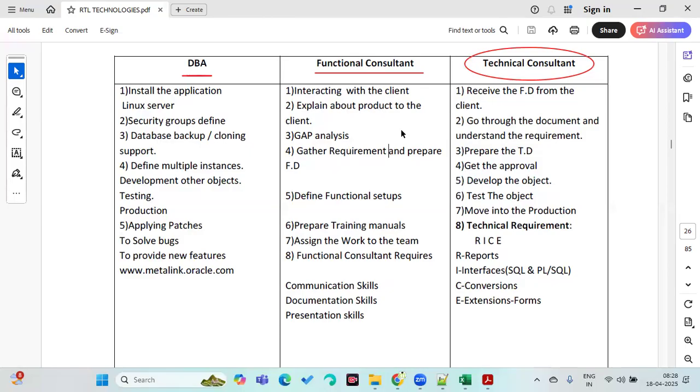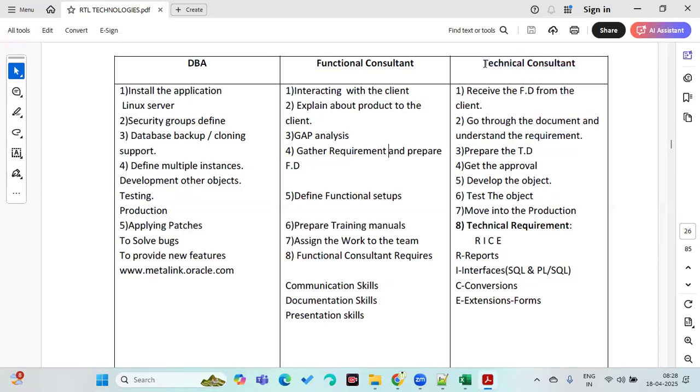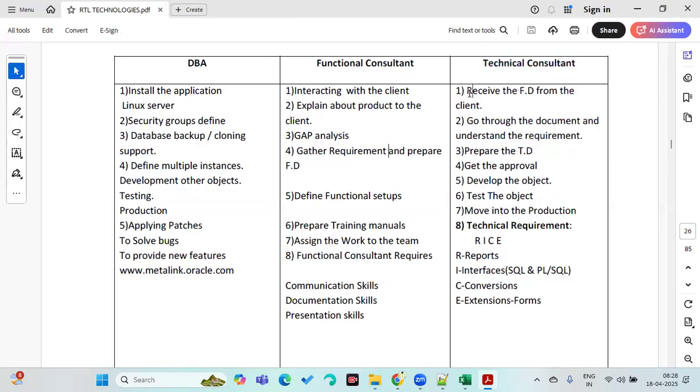Sir, then why is there a lot of demand in the market for techno-functional consultants? See, techno-functional means 2 things are there. When you apply as a 5+ years experienced consultant, as a team leader or senior consultant, they'll ask you: you are a 100% technical consultant, I agree, but you have been working in projects for the last 5 years. Maybe you worked on 4 projects in implementation, supports, customizations, enhancements. You should have an idea about functional also. Without knowing functionality, working with technical will be difficult.